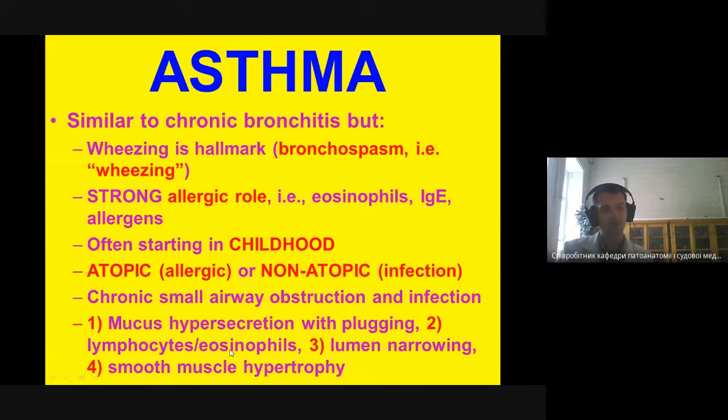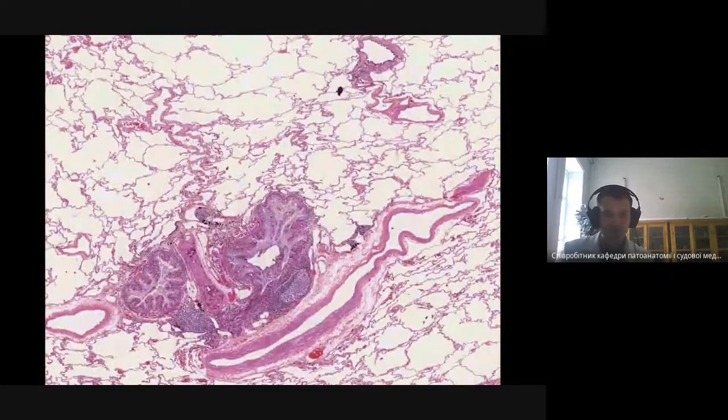So the most important one is eosinophils. So when they are present, we say asthma. When they are absent, it's more likely to say chronic bronchitis. So we see there hyperplasia of goblet cells, lymphoid nodule adjacent to the bronchus. The lumen is narrowed with a little bit of hyperplasia